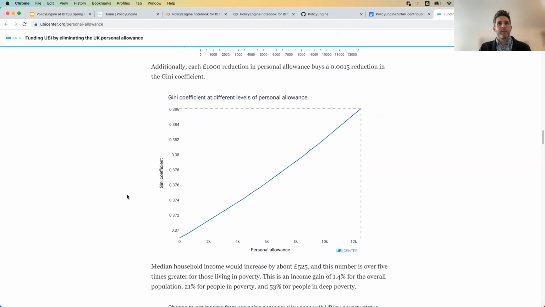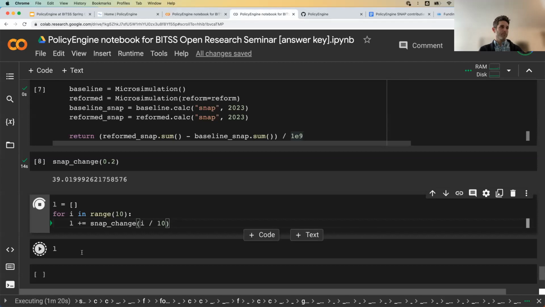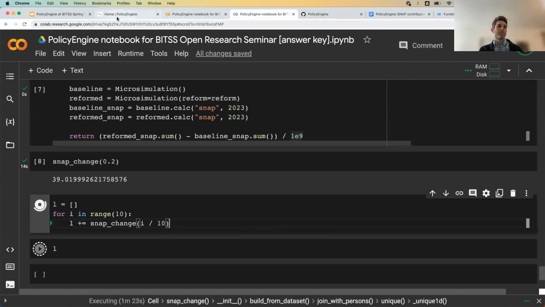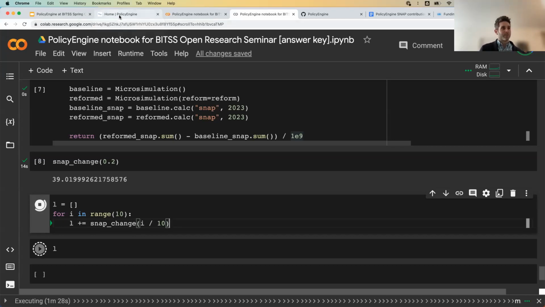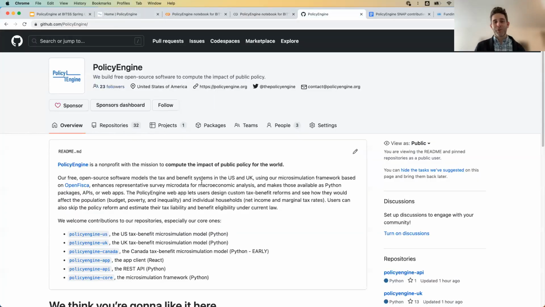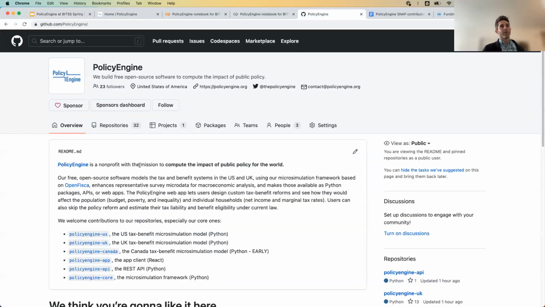And then we can also look at how that affects the Gini index. So similarly, more redistribution is going to produce a smaller Gini index. So these are all very straightforward with the Python interface. That's probably going to go for a bit. So that's too ambitious. I'm going to move over to the last part of the demo here before wrapping up and taking your questions, which is just showing how the code works.